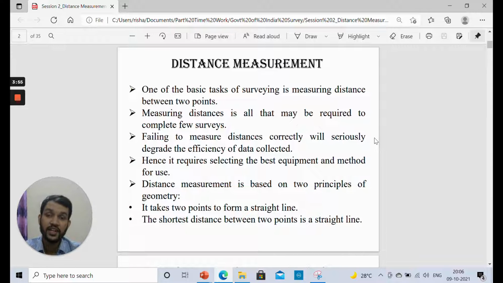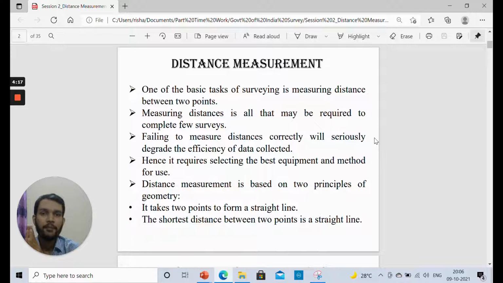If sufficient tension force has not been applied at both the ends, then what generally happens is that the tape that is held is not horizontal, and once the tape is not horizontal, it will display an erroneous length. That length will not be correct, because if a 50-meter tape is being used and it has been taped at 2 points, we consider this distance as 50 meter.